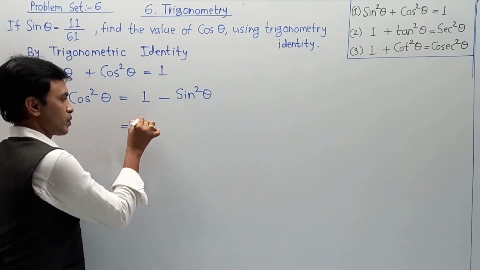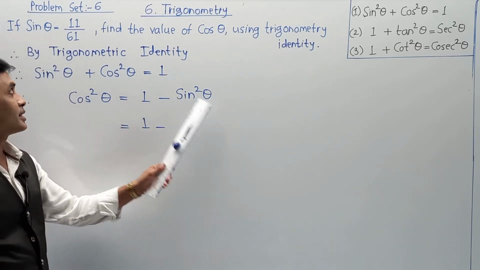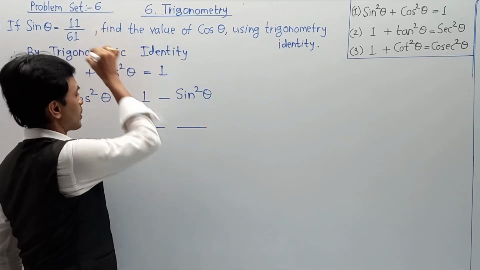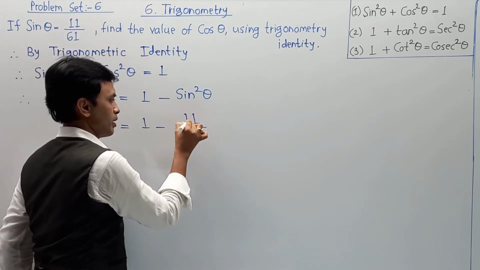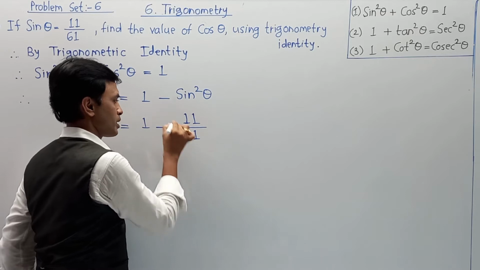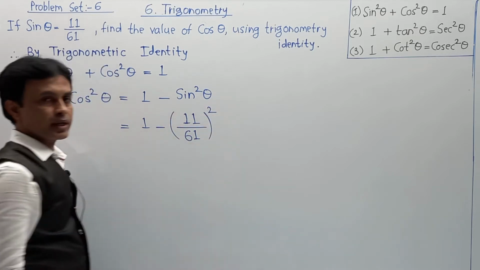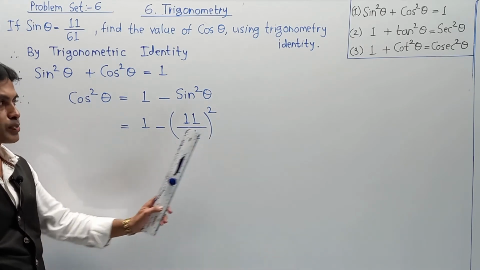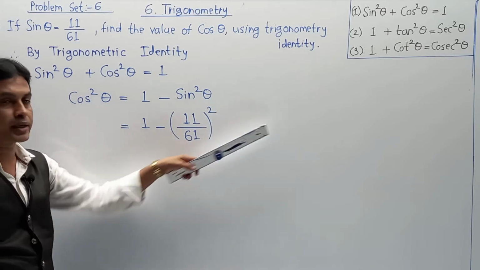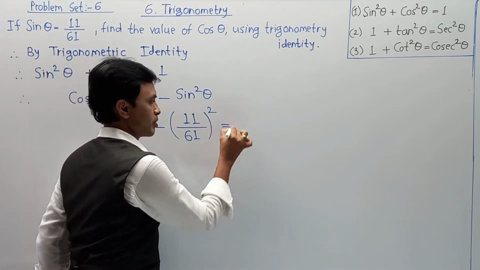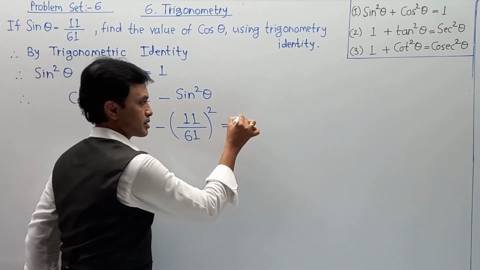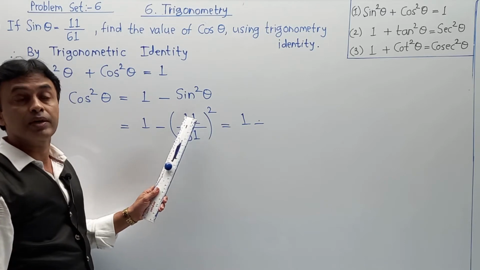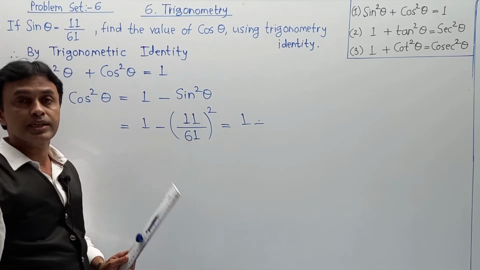So your value is 1 minus sin theta, which is 11 upon 61, but it is a square. So I am writing it as 11 upon 61 in brackets, square. Now next, step by step simplification. No doubt in pages you have space, but as per board availability I am going to complete it in alternative steps. Next simplification: the 1 remains as it is. So 1 minus, here 11 square is 121 and 61 square is 3721.